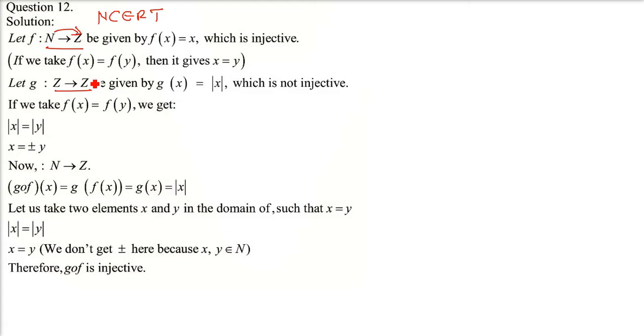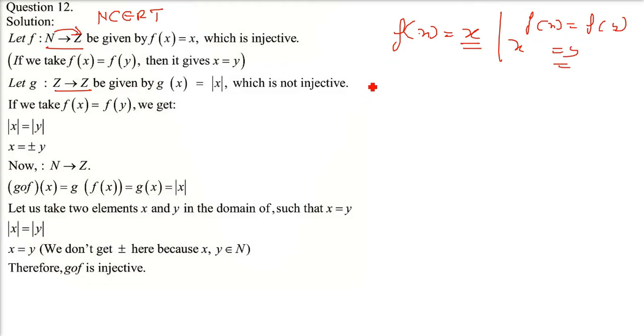So injective means what? One to one. We will take a function g which will not be injective, which will not be one-to-one. But gof should be injective. It should be one-to-one. So for the f function, we are taking the identity function, which is x. We have just seen that identity function is one-to-one, so it is injective. Fx equals x, I'll just prove it. If fx equals fy, x should be equal to y. So fx will be what? X. Fy will be what? Y. So x is equal to y. That means it is injective.